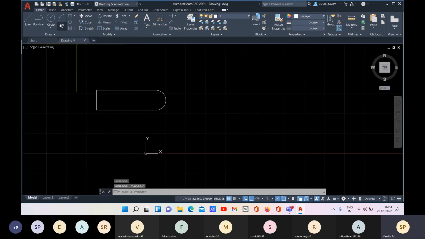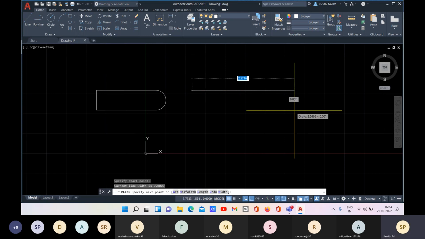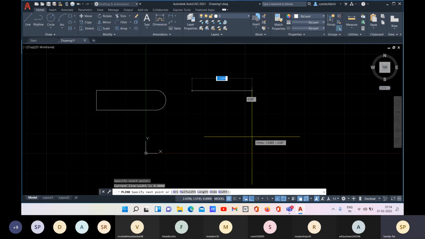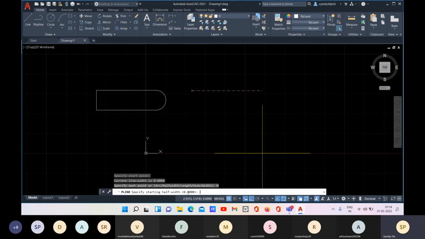Now let me show you more. First point, and then we have the options Half width and Width. These are kind of similar. Just in the half width option, you provide the half value, and for the width, you provide the full value. That's the difference. Let me show you with the half width.